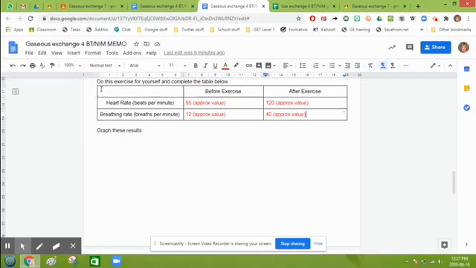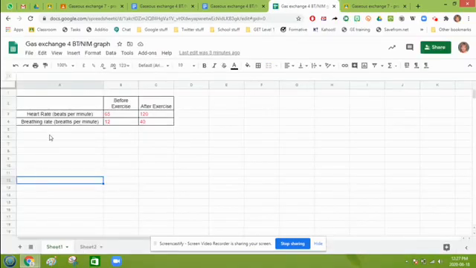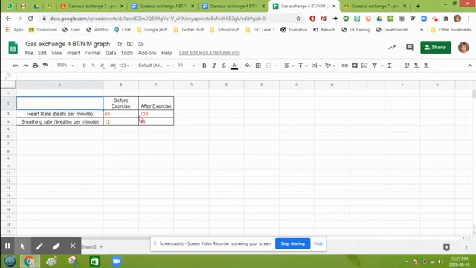In many assignments, you're expected to be able to produce a graph while using a computer. So here's a Google Doc with a table in it. We copy the data and we open a new Google Sheet. There's the data now pasted into my Google Sheet. From there, I'm going to select it again,